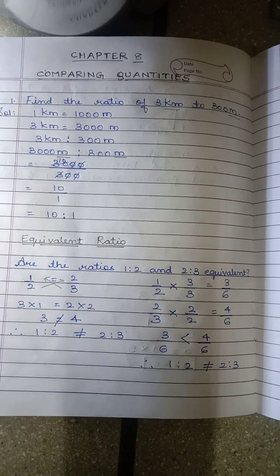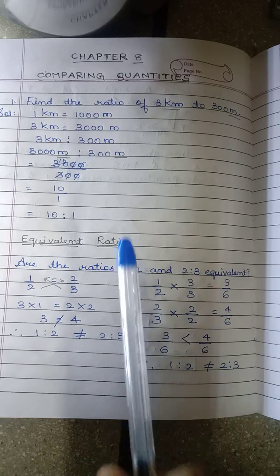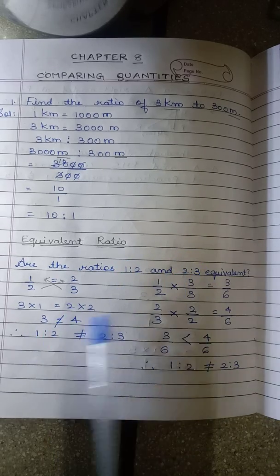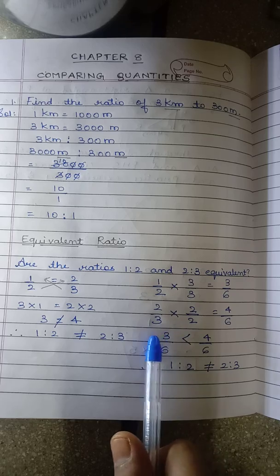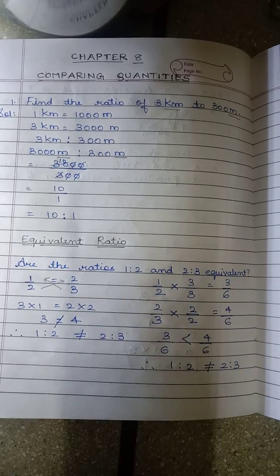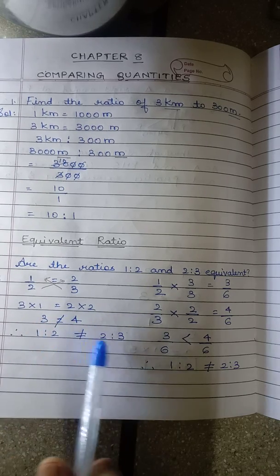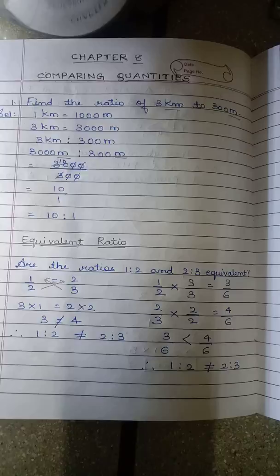You can also write in the statement form. So in this way we can find whether the two ratios are equivalent or no. Any one method you can use, children. If you get two fractions equal, numerator also equal, denominator also equal, then the two ratios are said to be equal. Here also if LHS and RHS are equal, then the two ratios will be equal.